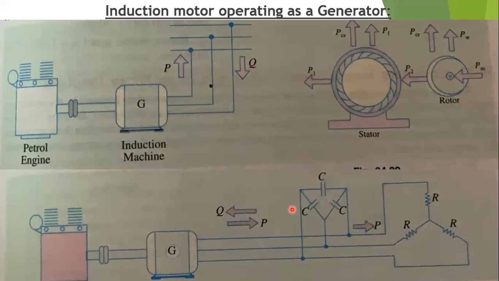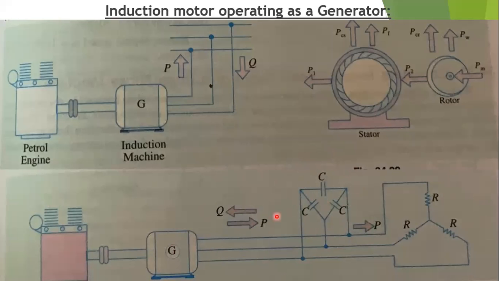Okay, so here we are using capacitors, right? With the use of these capacitors, the terminal voltage will increase a little bit. One main important thing we have to remember is that if the capacitance values are insufficient, the generator voltage will not be built up. This is a very important point to remember for building up of voltage in the generator.